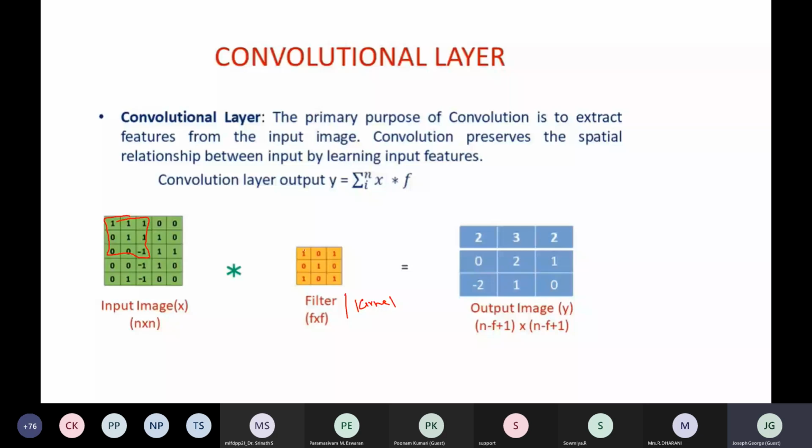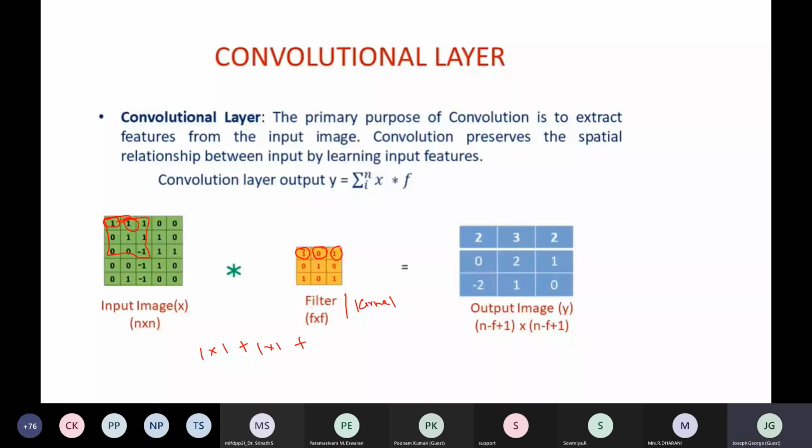So you get 1 into 1 plus, you multiply the second pixel value with the second pixel of the image, again 1 into 1 plus, then the third pixel value with the third pixel value of the image, 1 into 1.